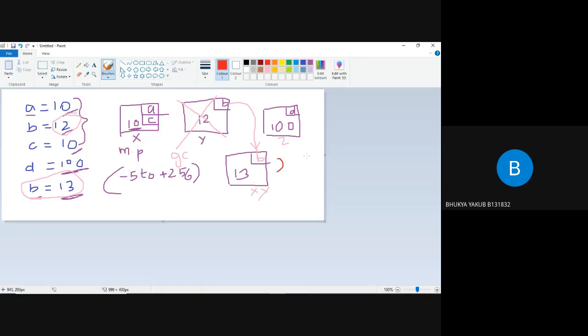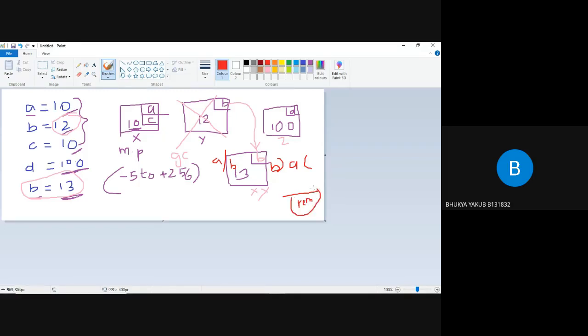Let's suppose you are performing some division operation, A by B. What it means actually is, here we'll be having B, and here A, and finally we'll get some remainder.